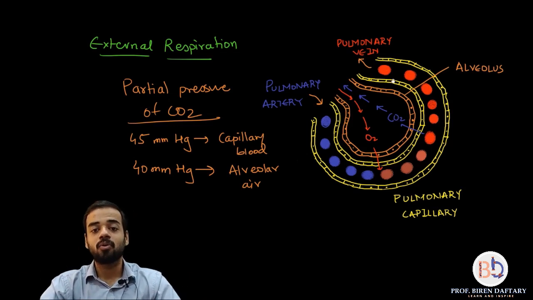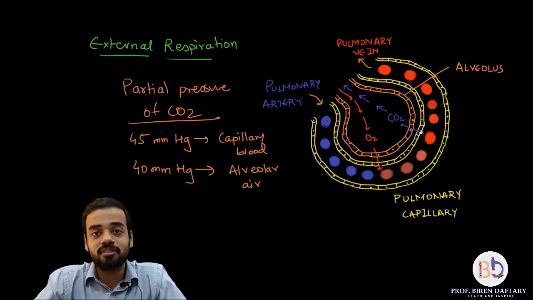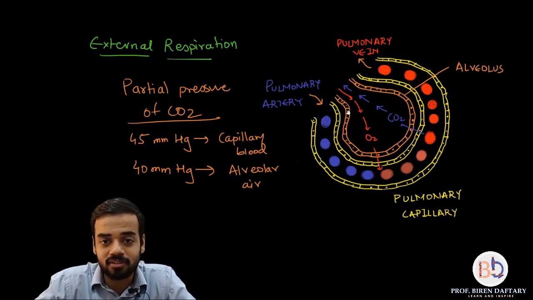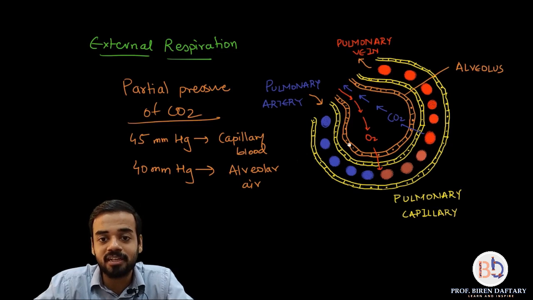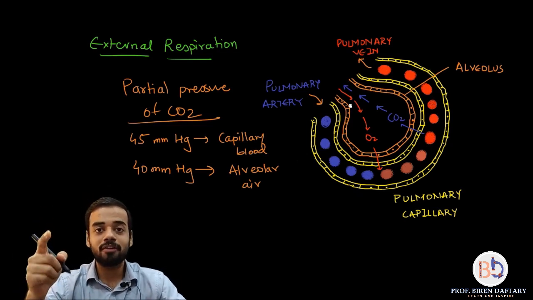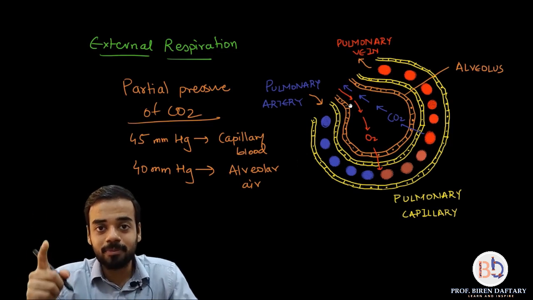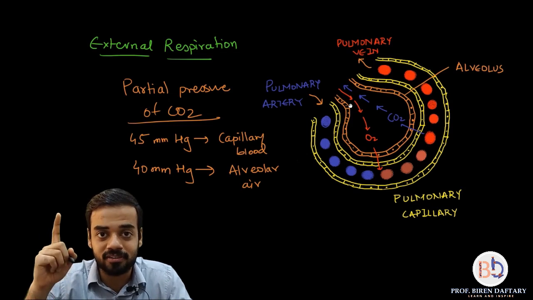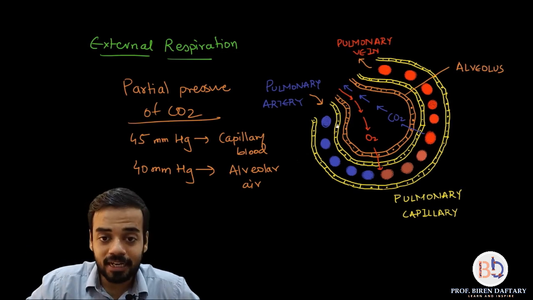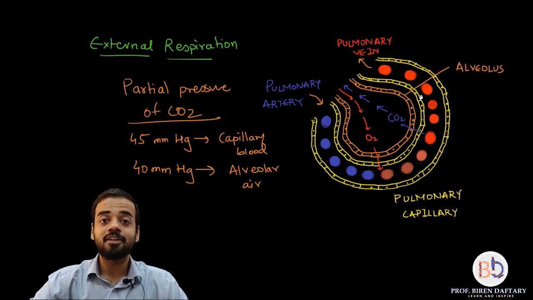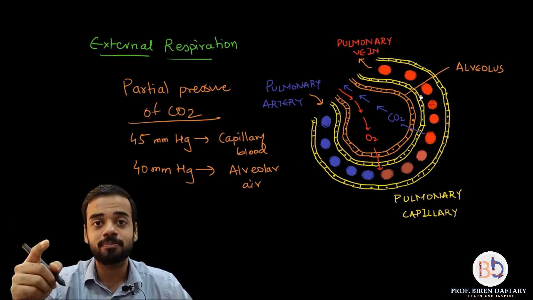Okay. Now why is this diffusion occurring? So now if you see this diagram, I have drawn this structure. This is the wall of the alveolus, and you can see it is made up of a single layer of cells. So the epithelium of alveoli we have already studied. It is squamous epithelium. Squamous epithelium is a simple epithelium made up of a single layer of cells. The epithelium of the capillary is also made up of a single cell layer, if you see. So that is also made up of squamous epithelium.